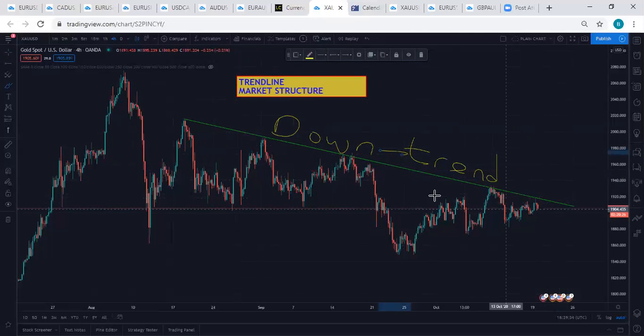Why is it a resistance trend line? Because it shows us that the market is going down, and it is also a point where the market hits it and goes down. Every time the market hits the trend line, it always goes down. What makes it a resistance? Anytime the market hits it and it goes down, that place is a resistance. And what makes it a support? Anytime the market hits it and it goes up, that place is a support. Now let us draw a support trend line.